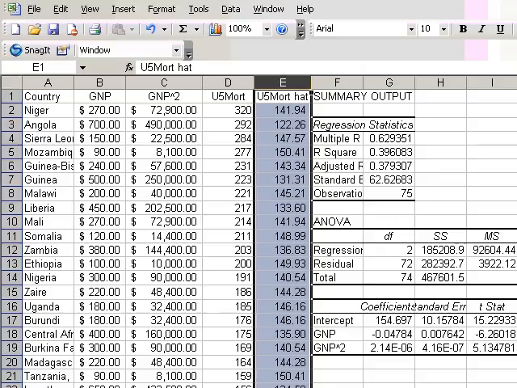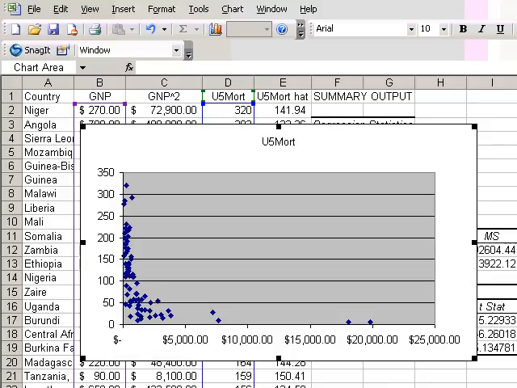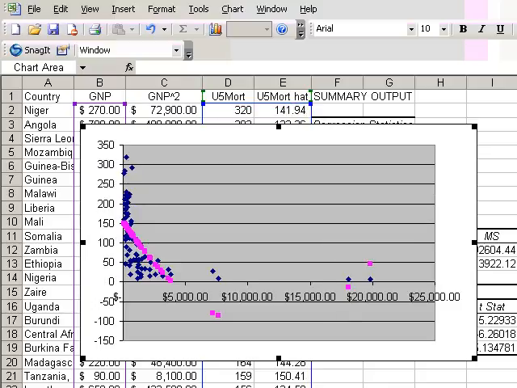Let's look at the graph again with under 5 mortality, GNP, and the predicted values of under 5 mortality. If I add the predicted values, the graph now changes. You can see the points that represent the predicted values, and this is a curved line. That's the effect of a second-degree curve. The prediction may not be too bad for these